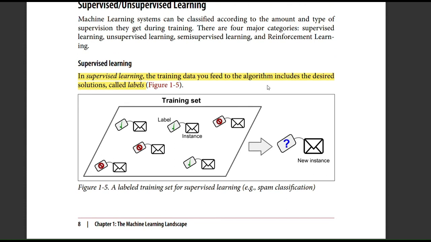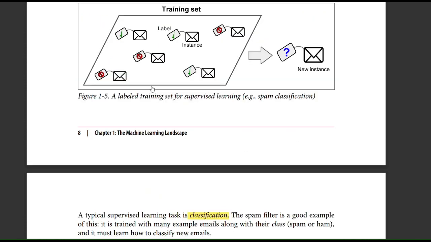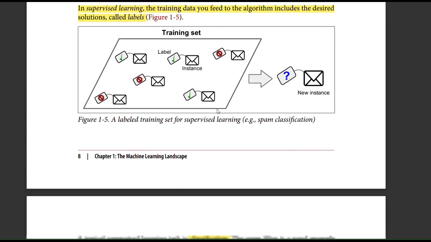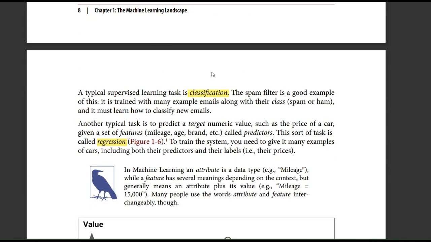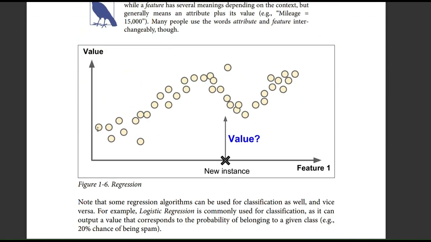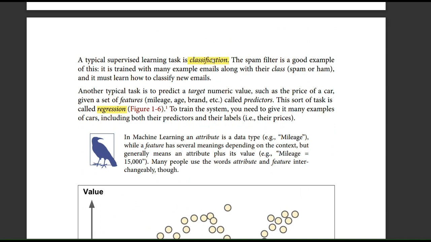Supervised learning is one where you provide the output and the input to the machine learning model. So the training data consists of the labels or the desired output. For example, again taking the spam classifier, we provide an instance and we provide a label if the particular instance is spam or not. So this is an email, this is not spam. This is an email, this is spam. So this is supervised learning where the label is also provided with the instance. The input and output both are given into the machine learning model or algorithm in order to get the program or the output.